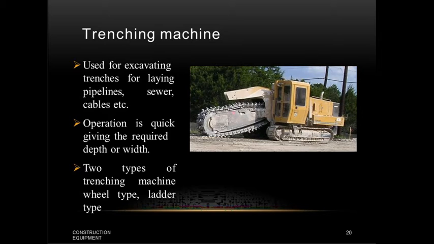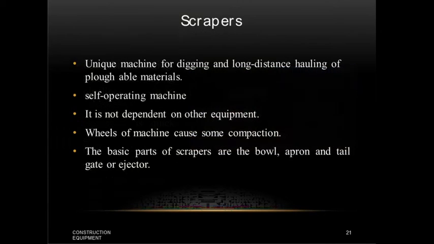This machine consists of a power driven wheel provided with a number of detachable buckets having cutting teeth, and the earth picked by the buckets is deposited on a belt conveyor, which discharges the earth to the other side of the trenches. So this trenching machine we can also use for trenching purposes.